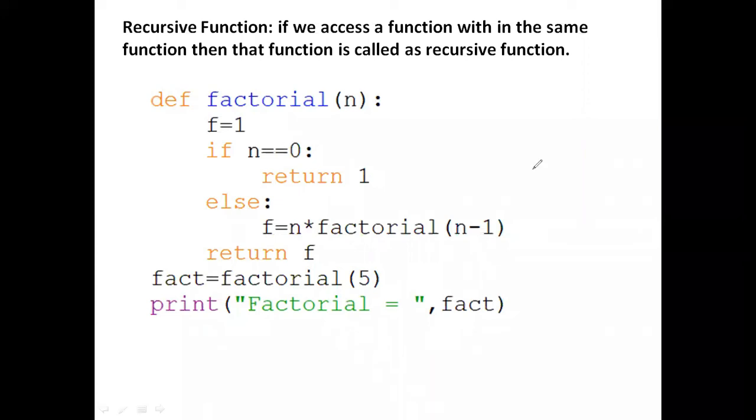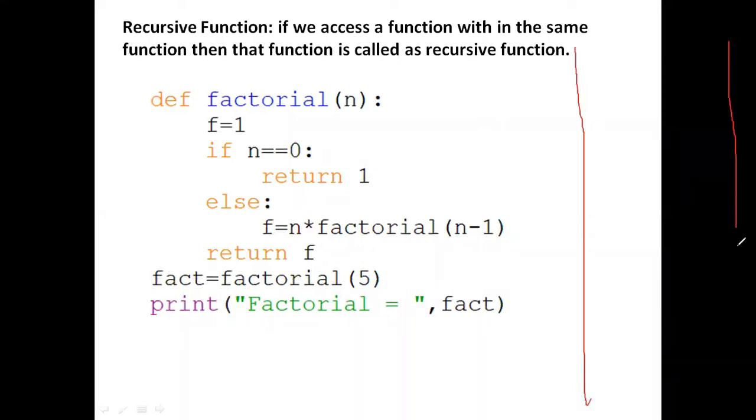So this is the main function. You all observe carefully, because this will help when you solve GATE questions also. In GATE, they ask one or two questions regarding recursion. So how can we solve this recursion? Here fact equals factorial of 5. What is this factorial of 5? This is a function call.